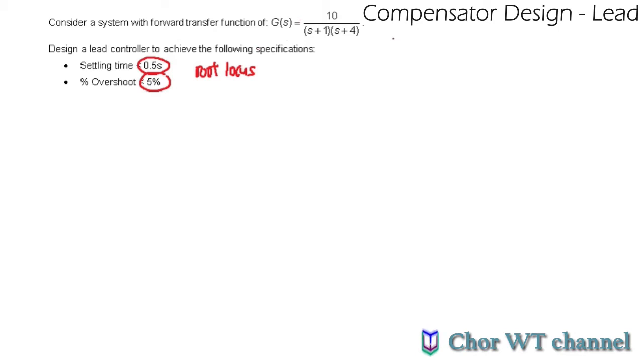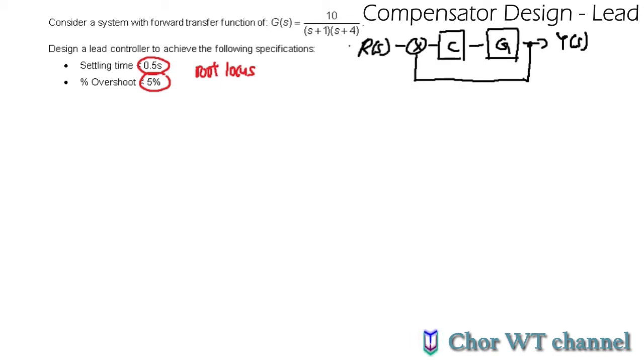Basically, the configuration of the system will be something like this. As usual, we have our R(s), which is our unit step input, which has an amplitude of 1. Then followed by C, which will be our compensator. In this case, we'll be using a lead compensator. G will be our plant, and Y will be our output. What we expect from Y is that our settling time will be less than 0.5 and